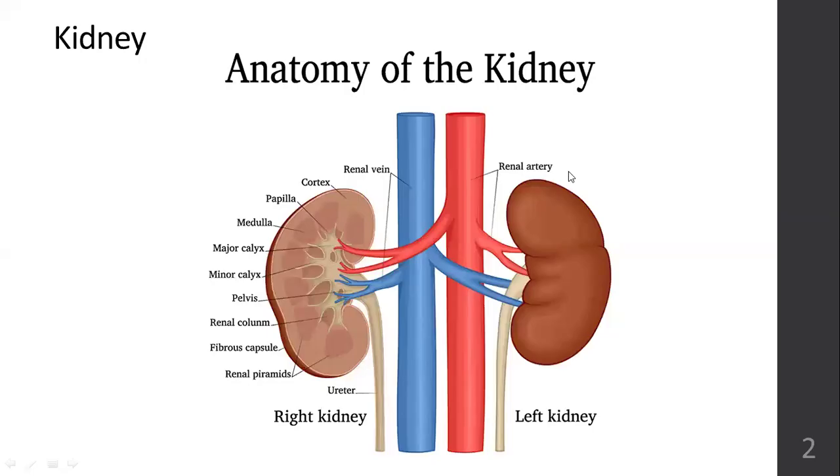So first, kidney. Where is the kidney? What is the function of kidney? Anatomy of kidney. It's a bean-shaped organ. Kidneys are two bean-shaped organs that sit just above your waist on either side of your vertebral column, the spinal cord. Kidneys are only the size of your fist. One kidney is almost the size of your fist, a little bit smaller, but they carry the responsibility of maintaining